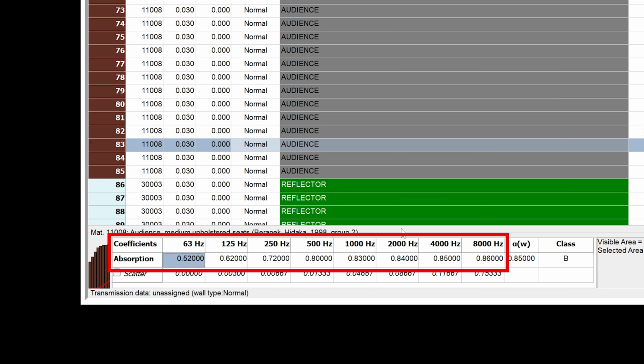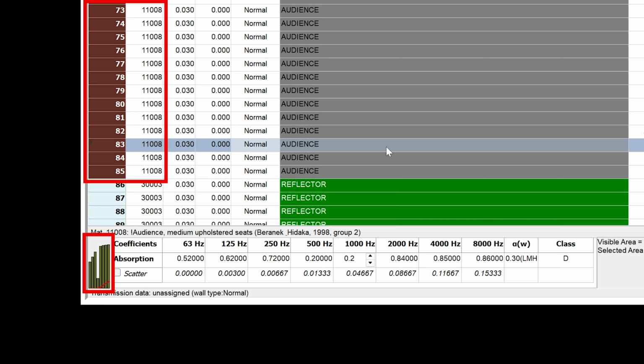Down here, you can see the absorption coefficients of the currently highlighted surface or layer. You can also manually edit the coefficients. Keep in mind that this will change the coefficients for all surfaces with the same material.